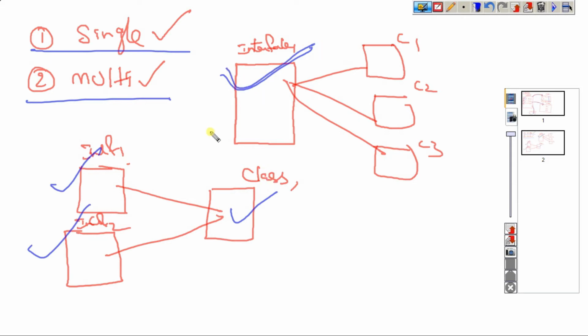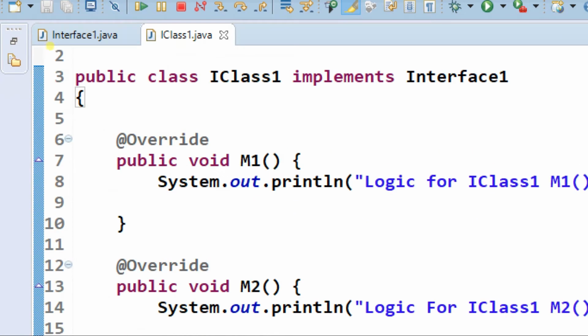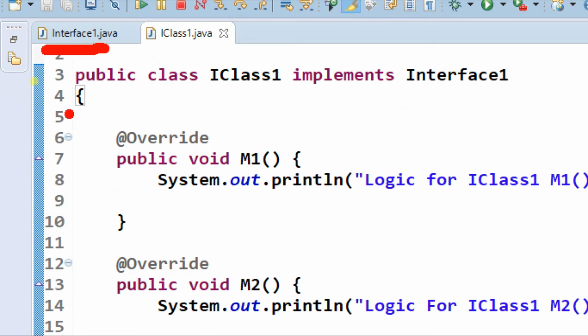I am creating one interface and implementing that interface into class 1.